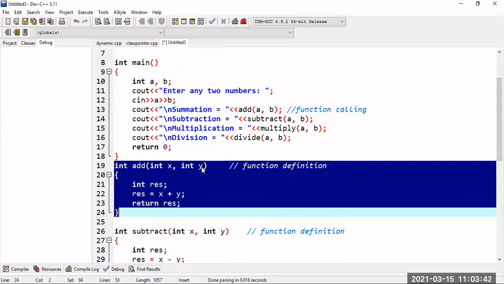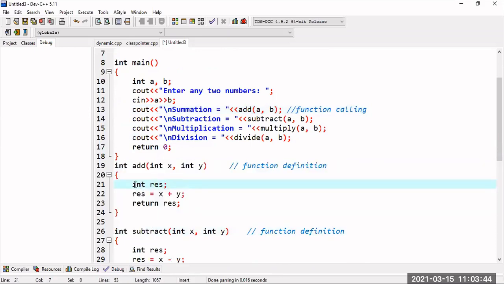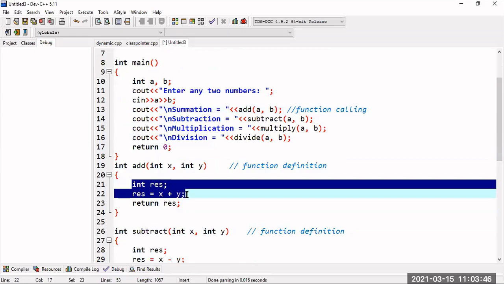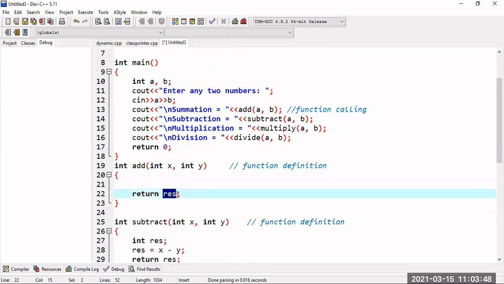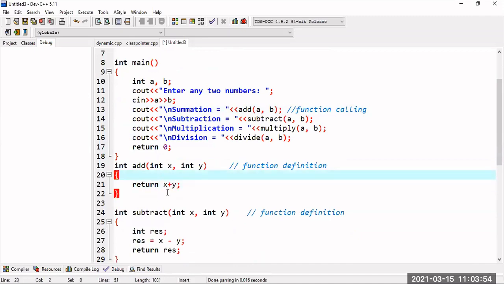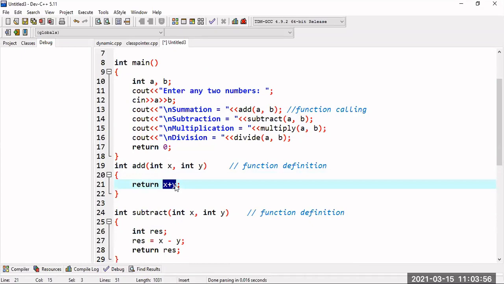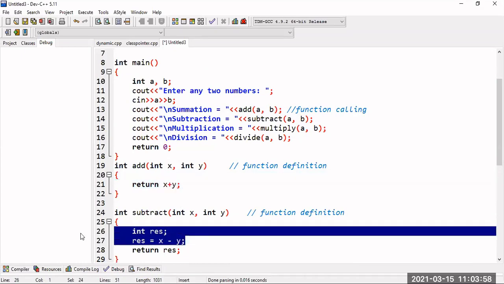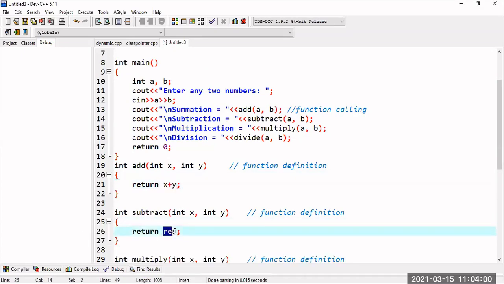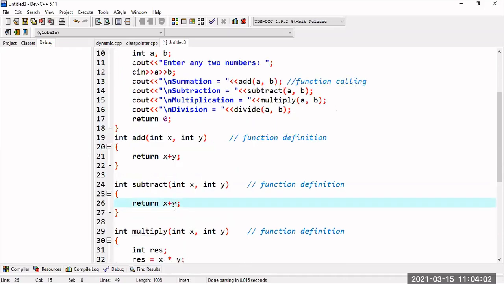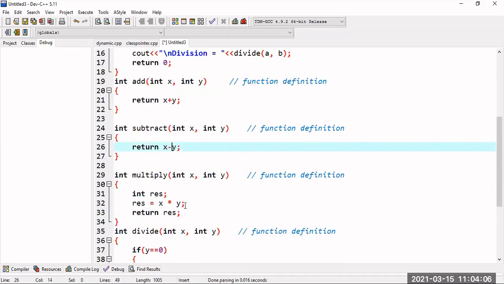So this is your function definition: int add of int x comma int y. You don't need all this, just one statement like return x plus y. Okay, so I will write the definition like return x plus y. For subtraction I can directly write return x minus y, and for multiplication I will directly take return x into y.